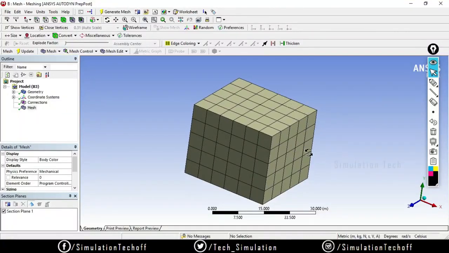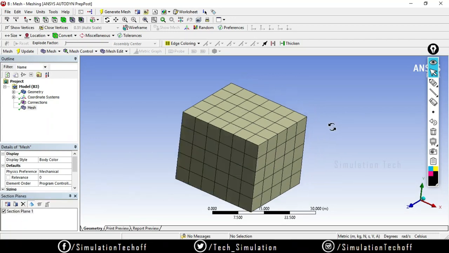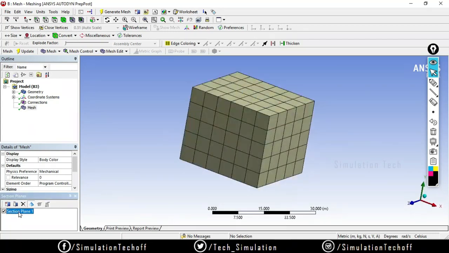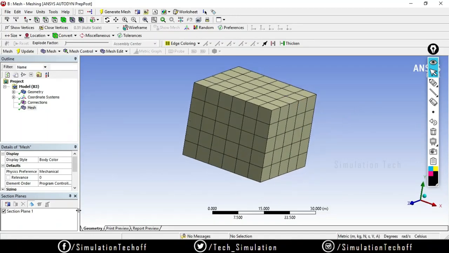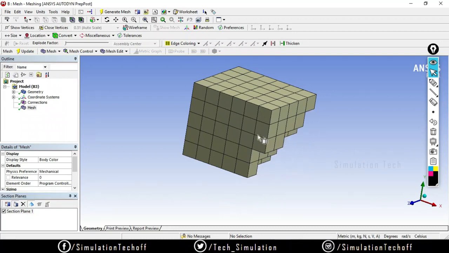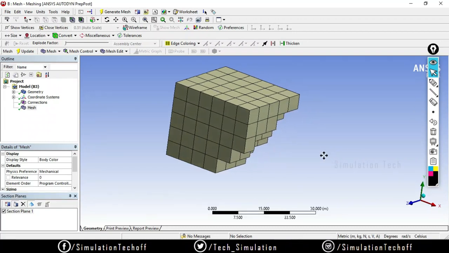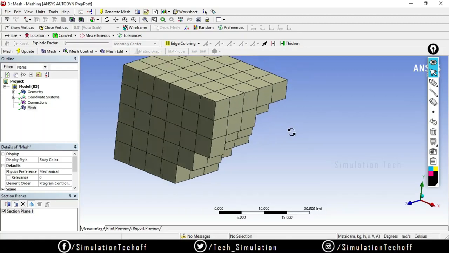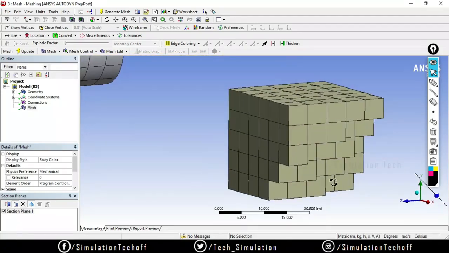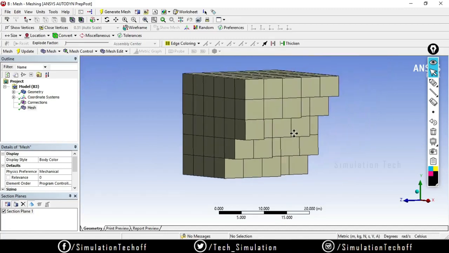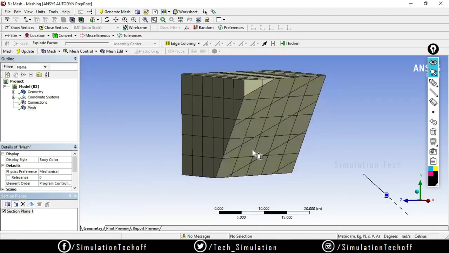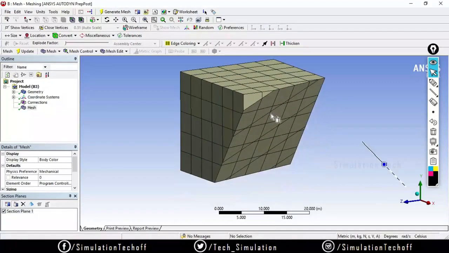Likewise, I have created a cross section.